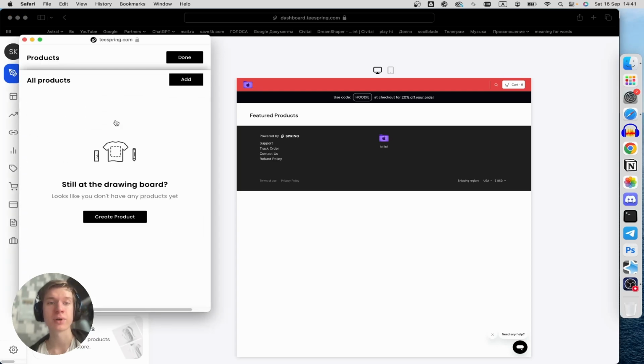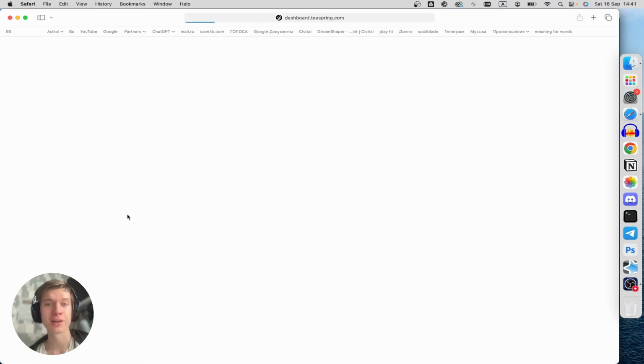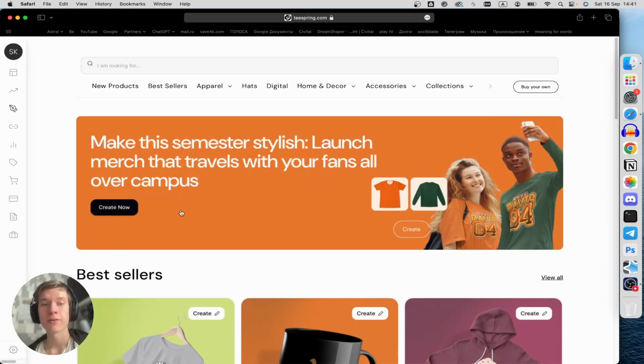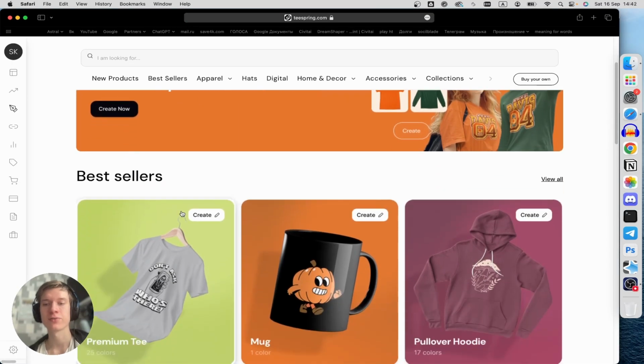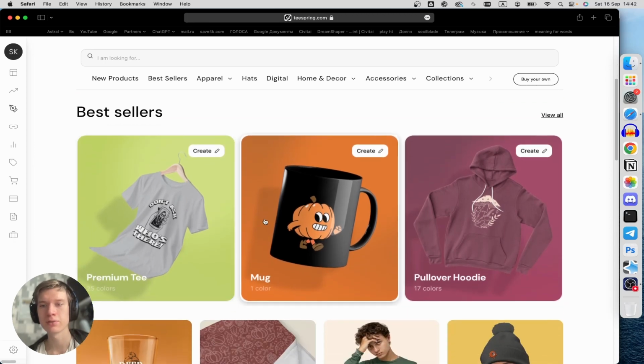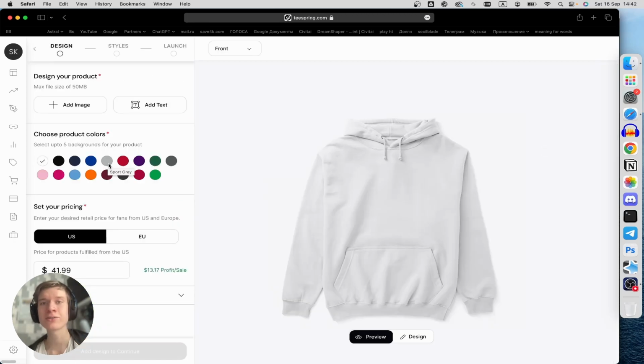And of course add products, because we don't have any products yet. Create products, and now we can choose the product that we want to change, for example, hoodie. And as you can see here, a simple edit menu. In the design your product section you can add a new image or just